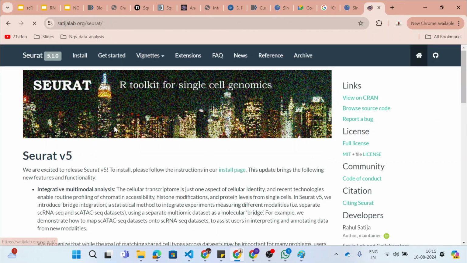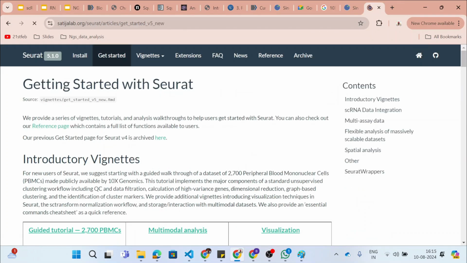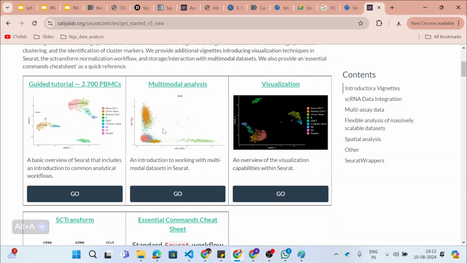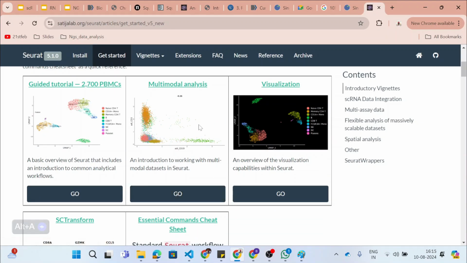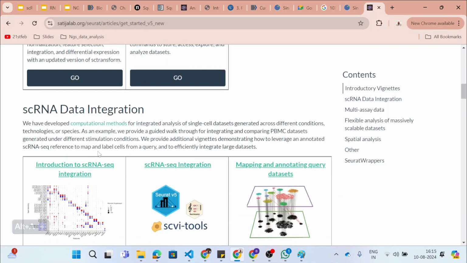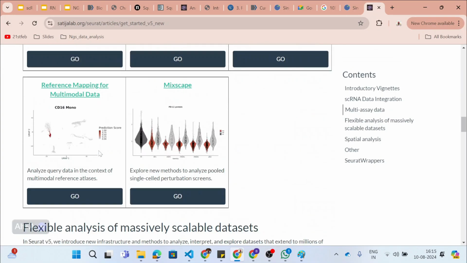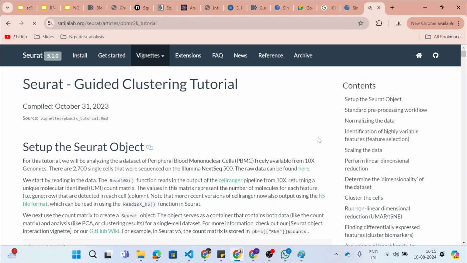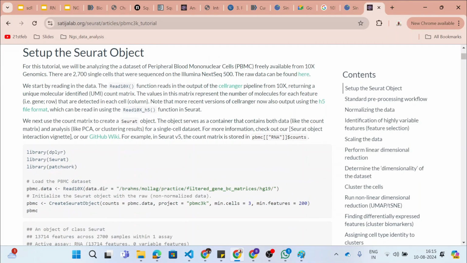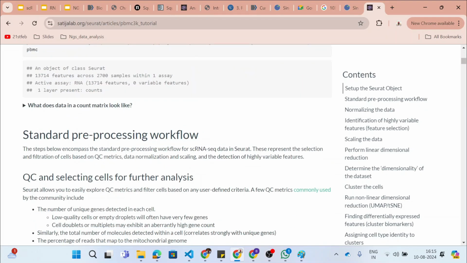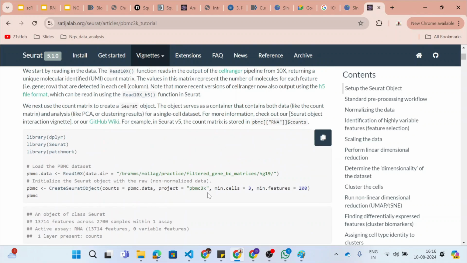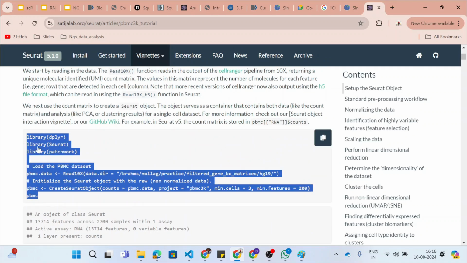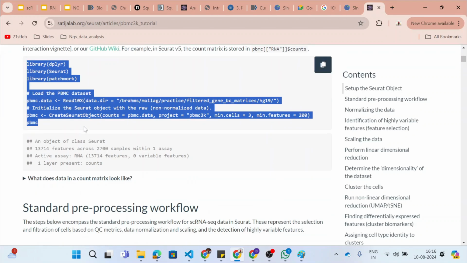So let's say, for example, I showcase Seurat. You need to go to this particular page, and there is a get started section. Here they have provided tutorials for different kinds of analysis, like single cell, other kinds of integration methods, and then we have the spatial analysis. You can explore. Let's say I'm interested in single cell. This is the entire analysis for handling single cell data, and the entire script or code is basically R-based. To understand what is happening with this code, you should know R programming. This is the first condition.